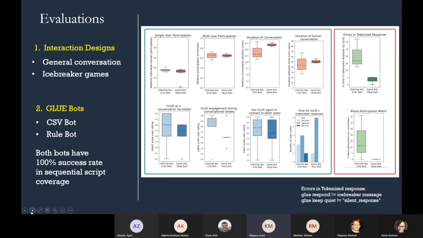The top panel of the red box plots show objective icebreaker evaluations based on user logs. We find no significant difference between the two design patterns for human participation or duration of human conversation between glue responses. We do not see any significant difference between the two interaction design from subjective evaluations as shown in the bottom panel of blue box plots. Overall, majority of users thought that the time taken for Glue to respond with icebreaker dialogue was adequate, as seen